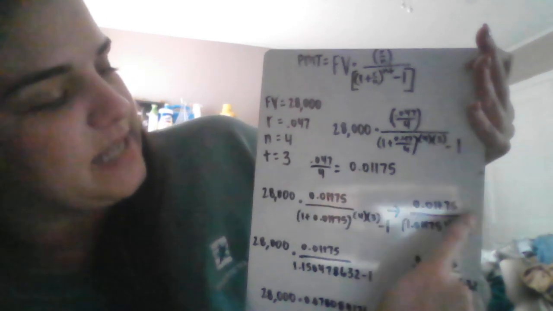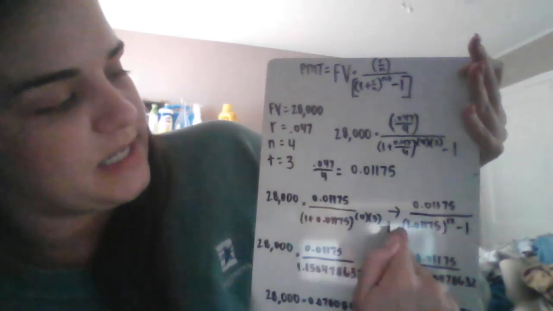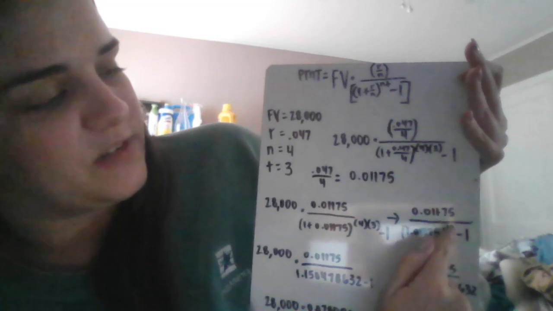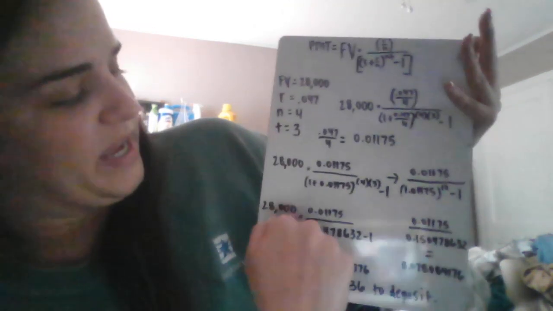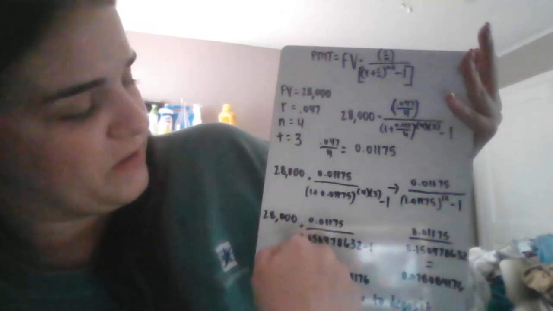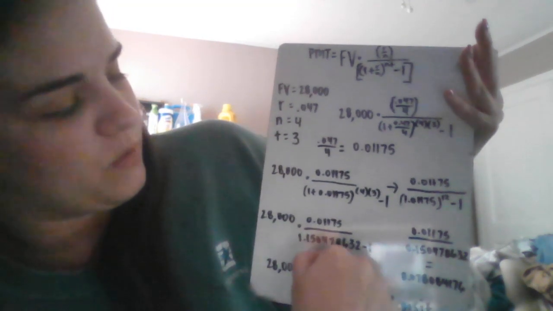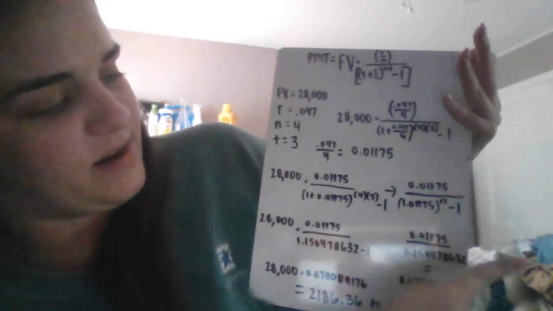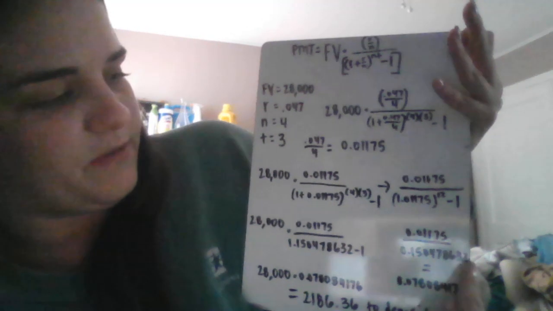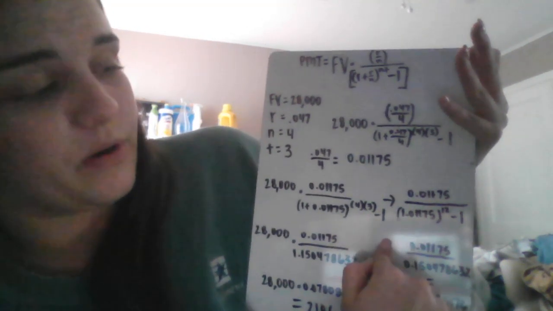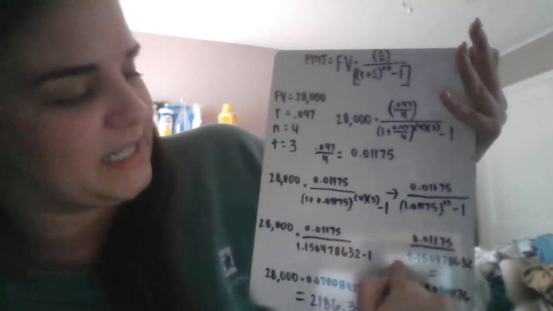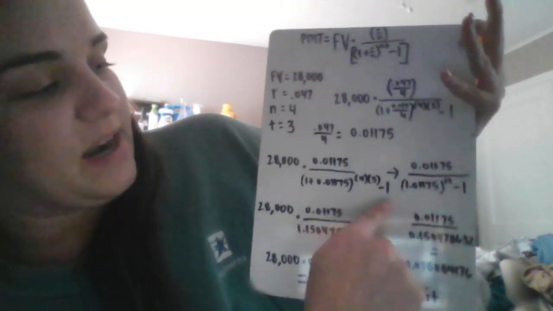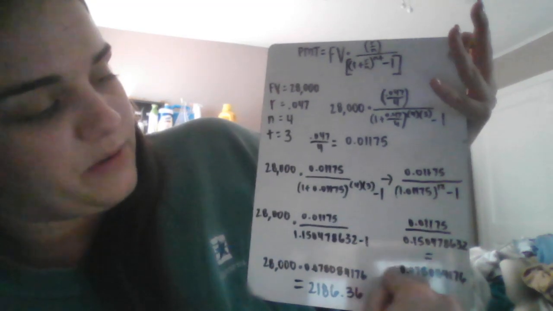So then here I have the same on top, but I went ahead and added that 1 to this. So we have 1.01175 to the 12th power minus 1. And then here I went ahead and put this to the 12th power. So now we have 0.01175 over 1.150478632 minus 1. Here I just subtracted that 1 from the bottom. So now we have 0.01175 over 0.150478632. And then I went ahead and divided these two, and it gives me